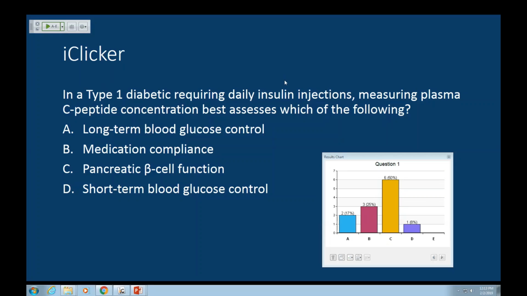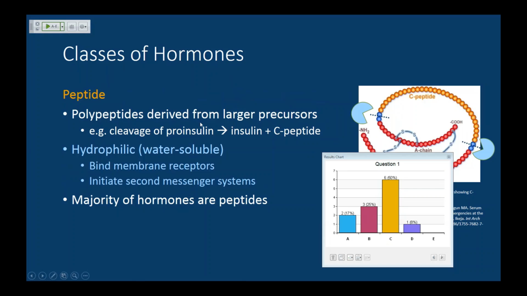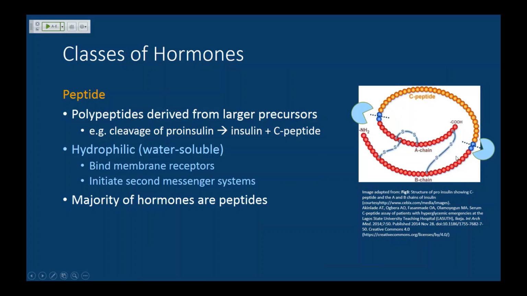A couple of things that I guess I didn't give you that may make this difficult. The insulin that we give pharmacologically does not consist of C-peptide. Okay, we purify it out, so it's pure insulin. And it's also important to know that, based on this diagram, you may be able to figure out that every insulin molecule produced will also produce one C-peptide molecule. So they're going to be produced in equimolar amounts and secreted from the cell.